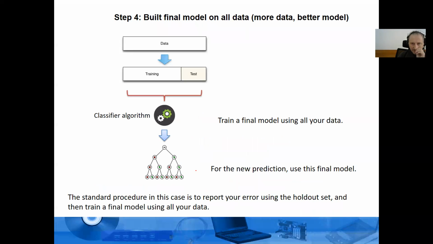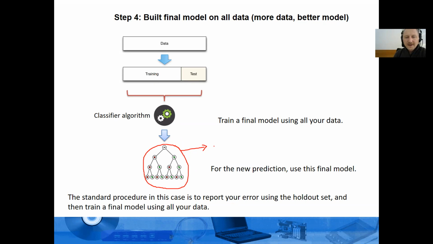So in the last step, what can you do? You can do one more optimization. When you find out your accuracy, you can give all the data to the algorithm, and you can train your model again, and you can get another, better model, because this time you have used much more data, but you cannot